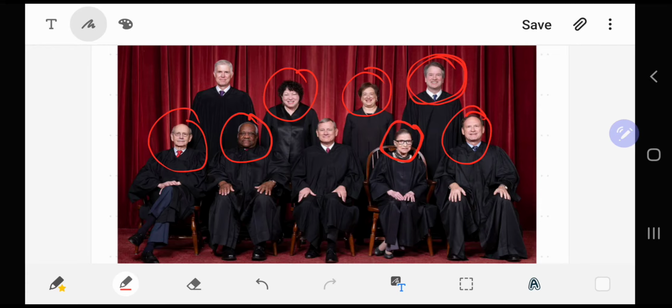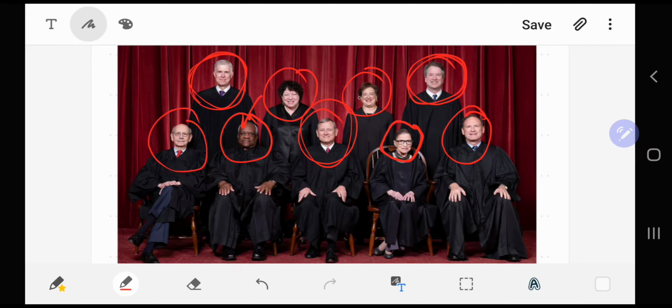Doesn't matter how much you screwed up in the past. That goes for this guy too. And then, shouldn't have been on the Supreme Court anyway. Stole that one from the Democrats. And John Roberts. I don't know how I feel about him. So, he's just there. He's the guy in charge.